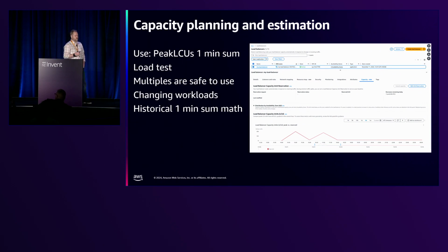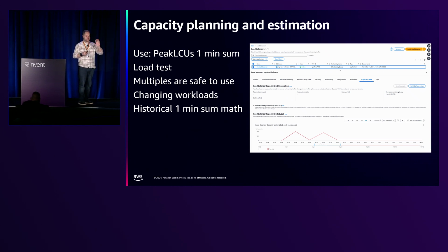When you're planning for your event, the metric we launched on ALB is called peak LCUs. Anyone see it pop up in the console and say, what is that, and open a case to support? Okay, a few people did that. So peak LCUs is the metric where your ALB is saying, this is how many LCUs I think we need for this workload. And the I in this case is actually the ELB scaling system. So our scaling systems are looking at all of those dimensions of traffic